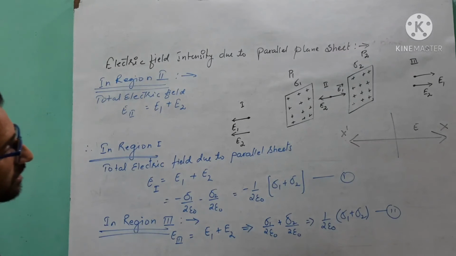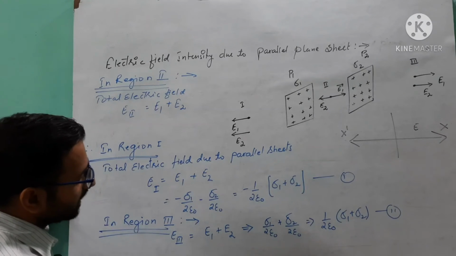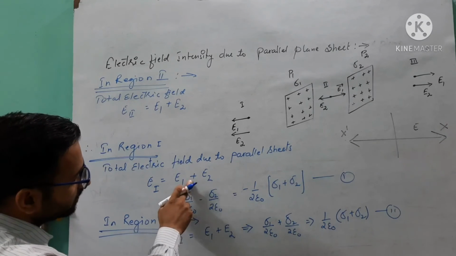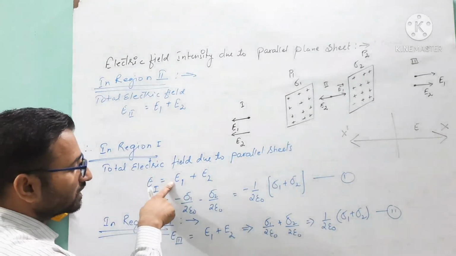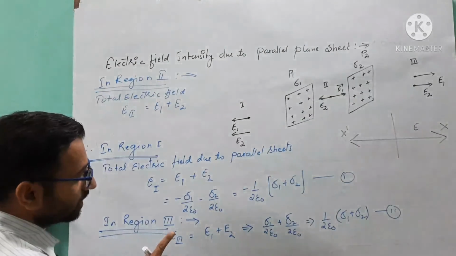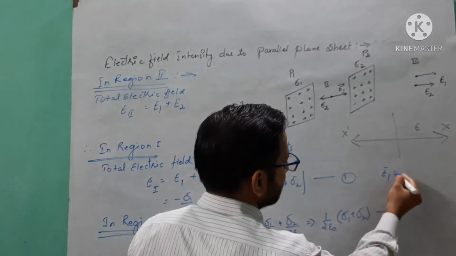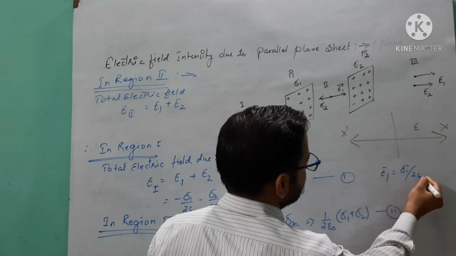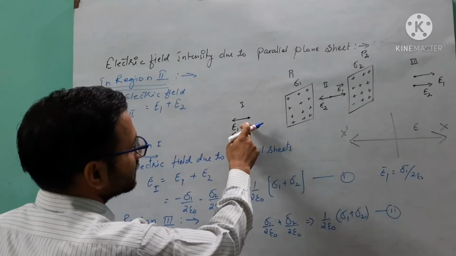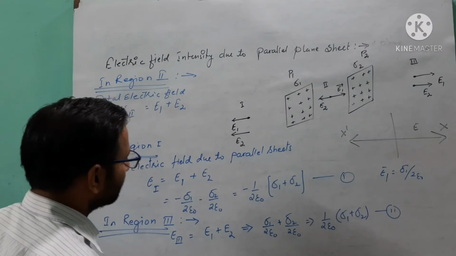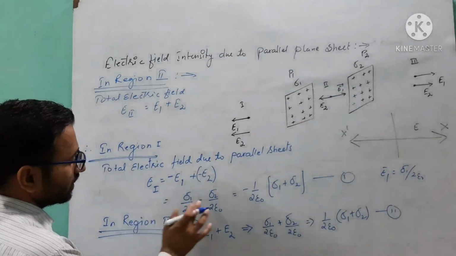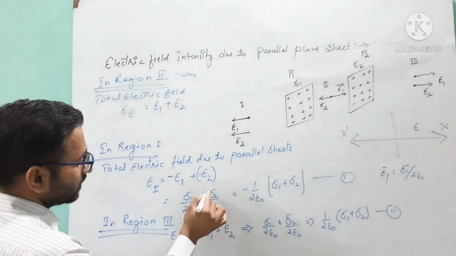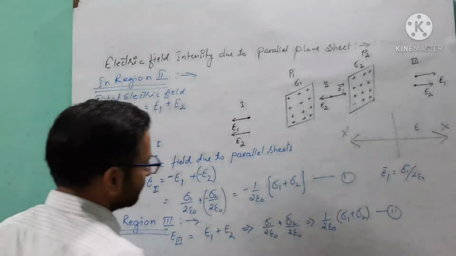And we know that, student, if you have any confusion about why I am adding these two all the time, you can write here condition 1, in which E1 and E2 I have considered negative. If I take E1 equal to sigma 1 over 2 epsilon naught, and we know the direction of E1, E2 on the left-hand side is negative, so I will write this kind of value. After that you can see the final result will be like this. Don't be confused about it.